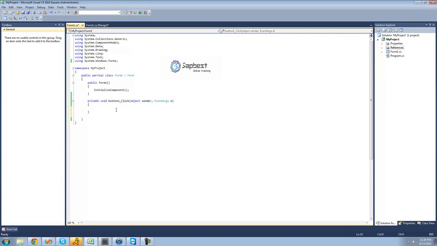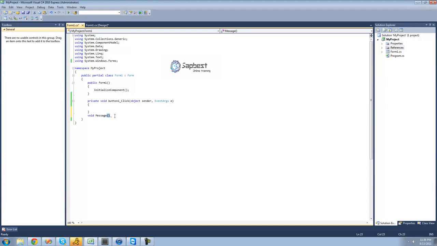And then you're just going to want to type void. And we're going to be getting into having different things here, but for right now just type void. And then you're going to want to give a name to your method. I'm just going to call it message, because we're just going to have a message box show inside of here. Alright, and after you type the name of your method, just type 2 empty parentheses, and later we're going to get into actually having things inside of here, but for right now just have 2 empty parentheses after the name